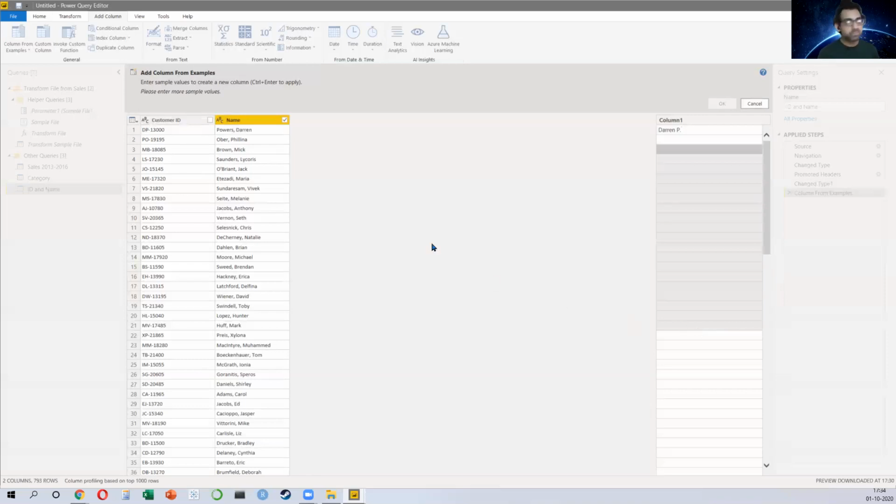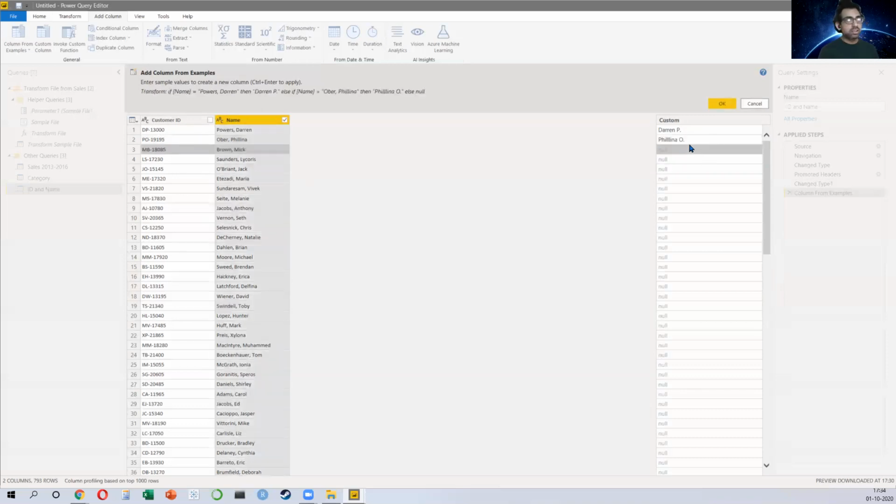But why is it not coming? It says, please enter some more sample values. You have given a sample, but Power Query is not very sure what you want. It wants to confirm. It wants to validate. So I'll tell it, no, I want Fill in now. So I'll explain it once again, Fill in now, space O dot. Fair enough? Now watch. You notice it is still not coming. So let me give it a few more examples.